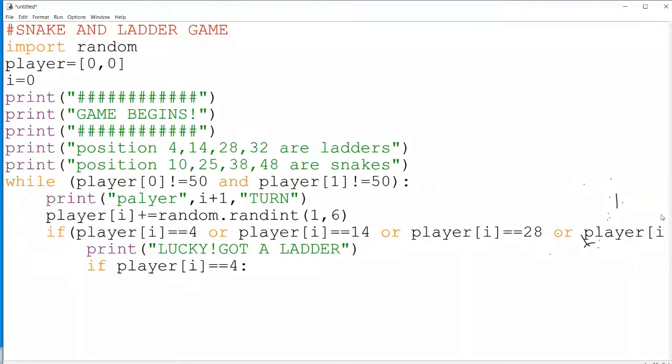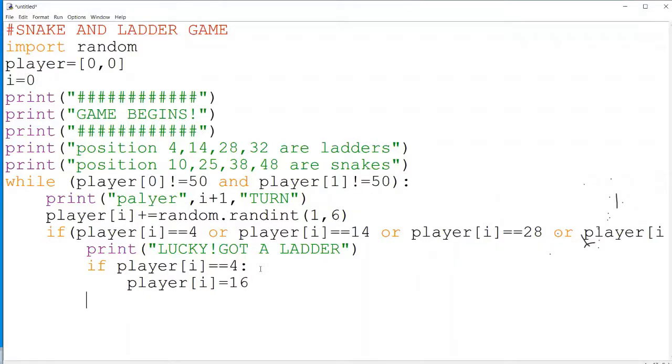Suppose from the 4th position he is jumping to the 16th position, then I should update the player position as 16, right? So player of i plus or is equal to 16, because when he got the ladder from the 4th position he is moving to the 16th position.